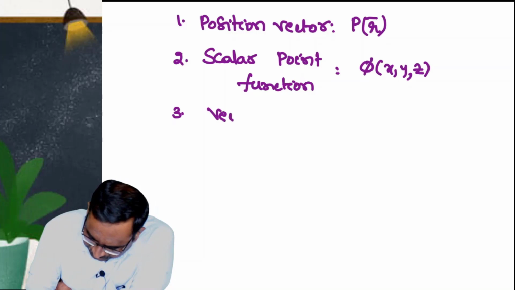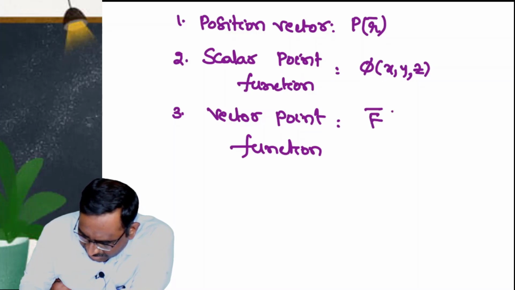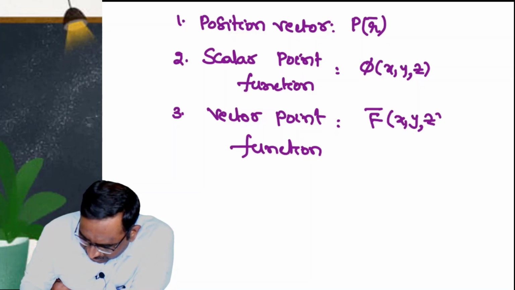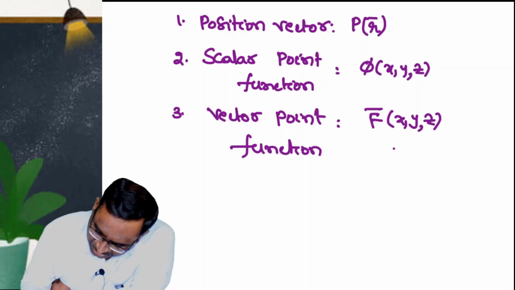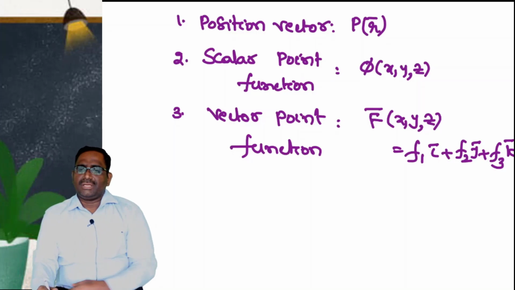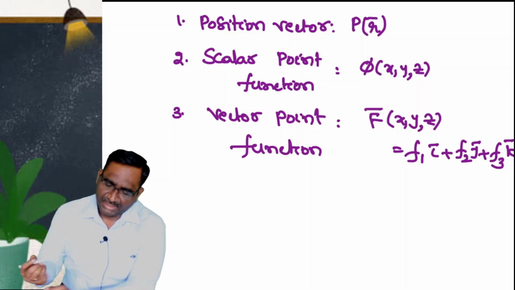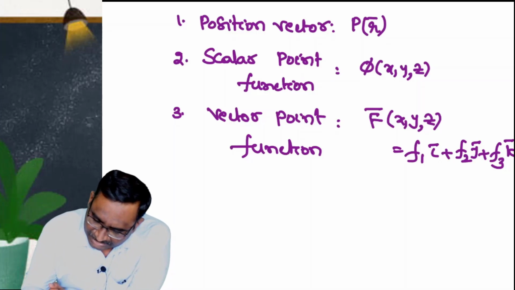The third one, a vector point function, generally denoted by f bar of x, y, z, which is equal to f1 i bar plus f2 j bar plus f3 k bar. So these are the most important definitions, right? The next very important definition